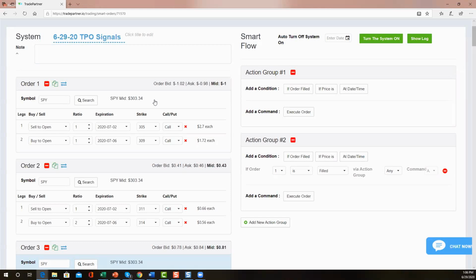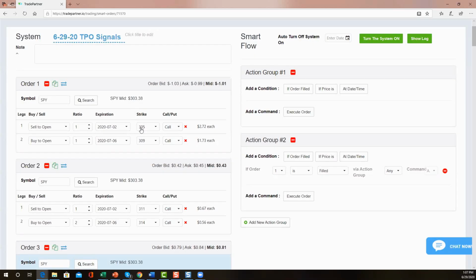We could still do this, but let's just go ahead and go through this real quick. So 305, 309, credit of 1. I actually got into this at a credit of 1.10 right before the call. That means there's a risk of $300 if the market skyrockets, and this is the only one that I take. That $300 risk would not happen until well above 309, probably around 315, 316, before it begins to approach $300. So this obviously is the bearish neutral because the 305 is above where the market is.